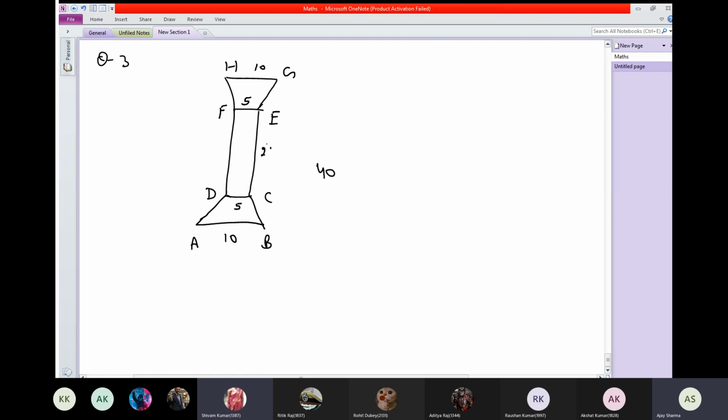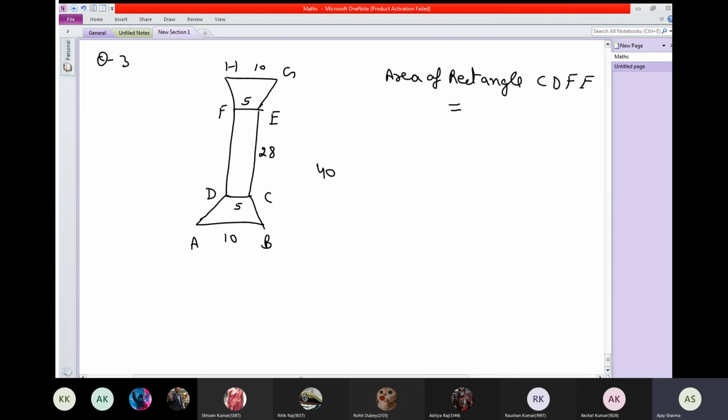And this one EC is equal to 28. EC is your 28. Now first find the area of this rectangle. It will be 28 into 5. Area of rectangle is base into height. Name the rectangle CDEF, or you may write any other; it depends upon your choice. This is the name of the rectangle. But one thing you have to notice, write in pairs: C, D, F, E.